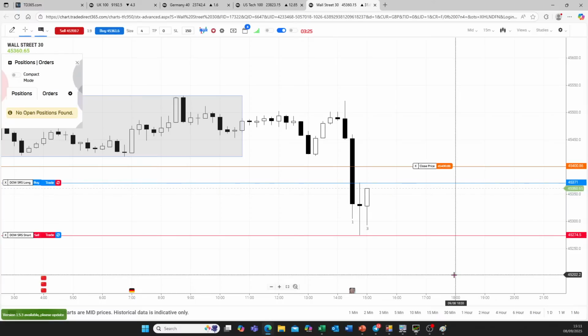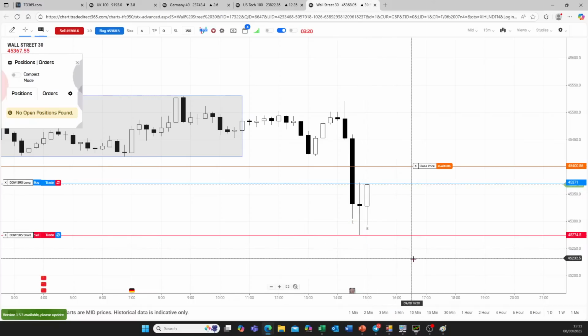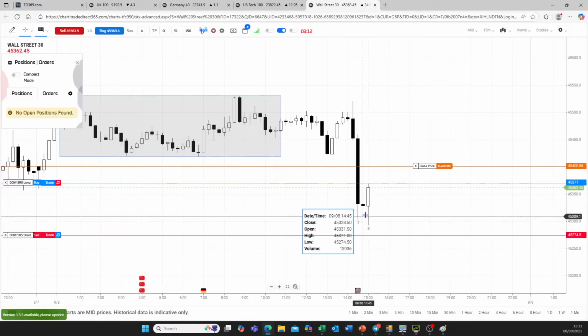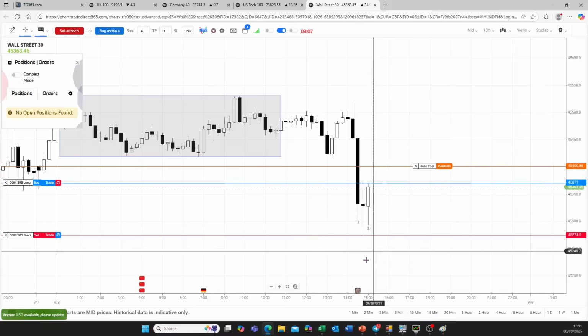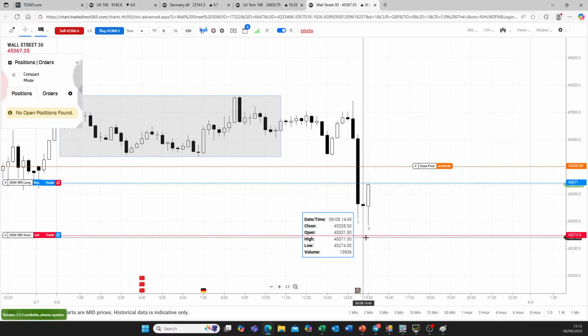So school run is going to trigger a long here at 371. I'm not going to take that long position. And the reason being is I got a negative bar, another negative bar. The school run itself is a negative bar. And I would imagine that there would be sellers above 371,